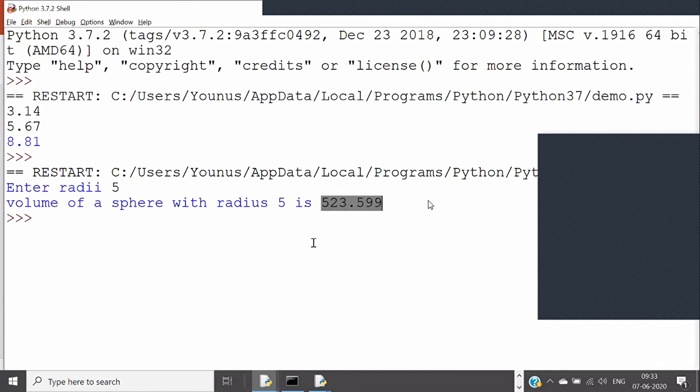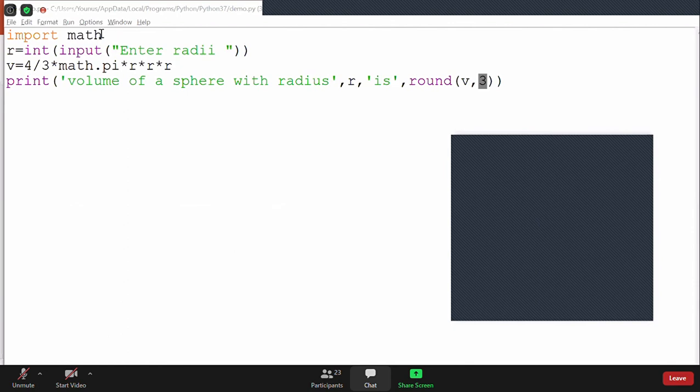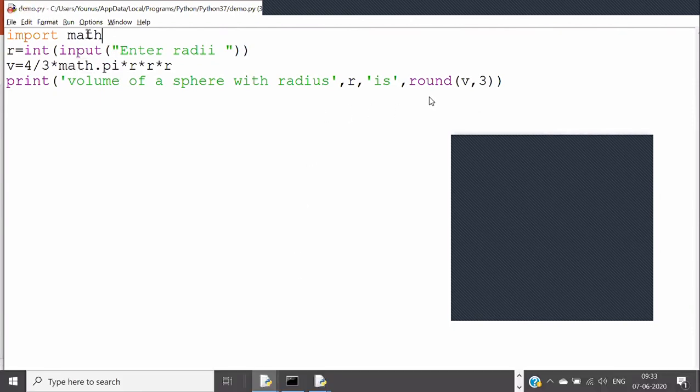Understood everyone? Is it clear with the program? No, you don't need to require the math module every time, guys. Only if you are using anything from the math module like pi, sqrt, then only you will import it, otherwise not required. Like if I am using 3.14 directly, then not required, guys. 3.14, you know that pi value, right?